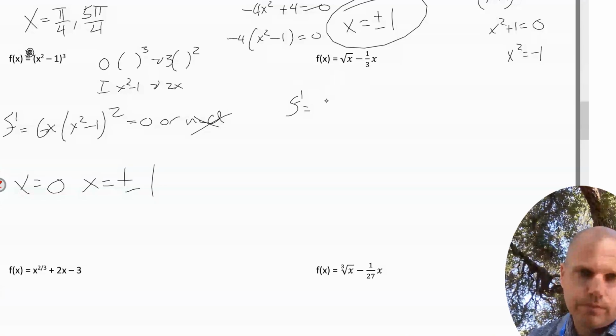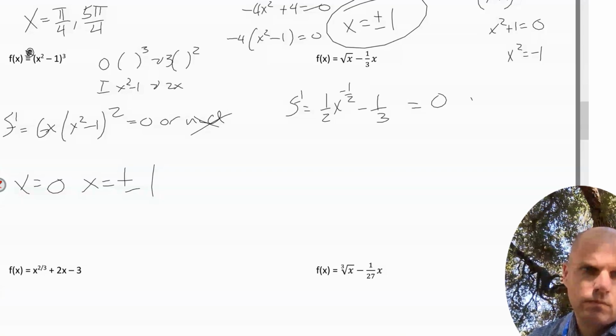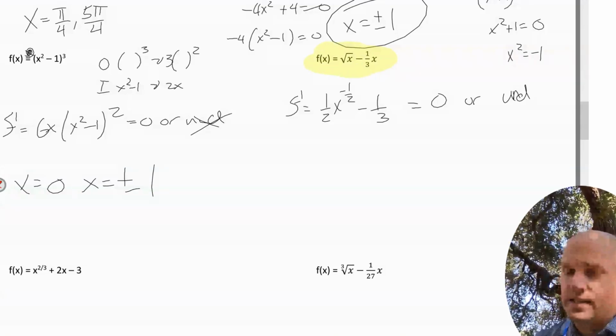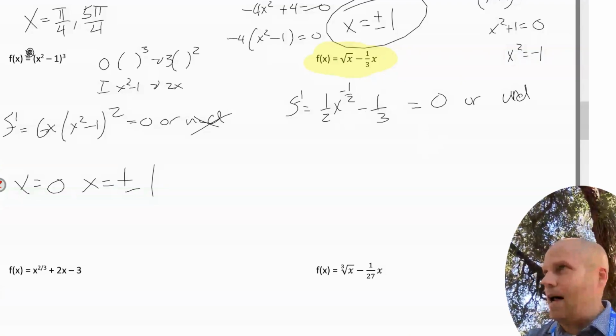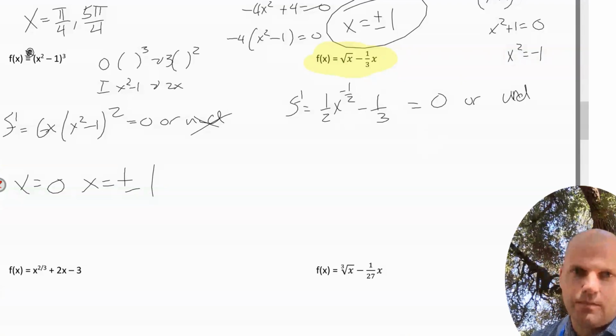Here we go. All right. Heads up. I'm going to highlight this because a lot of you are not going to do this the correct way. Many of you are going to add a third and you're going to try to solve the equation. But whenever we're dealing with fractions, it's important to establish a top and a bottom. Don't move stuff. We want just one big fraction. That way we can really identify when a top could equal 0, when a bottom could equal 0. Let me show you what I mean.